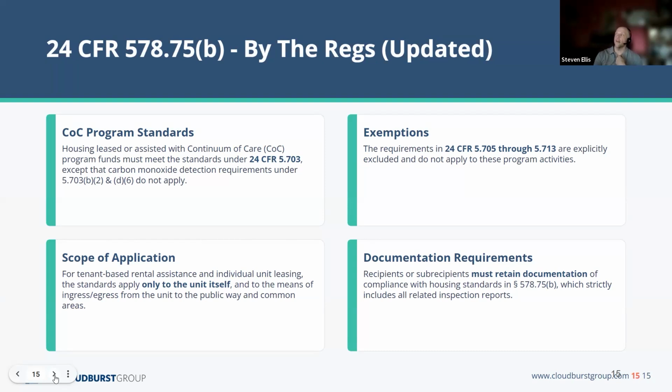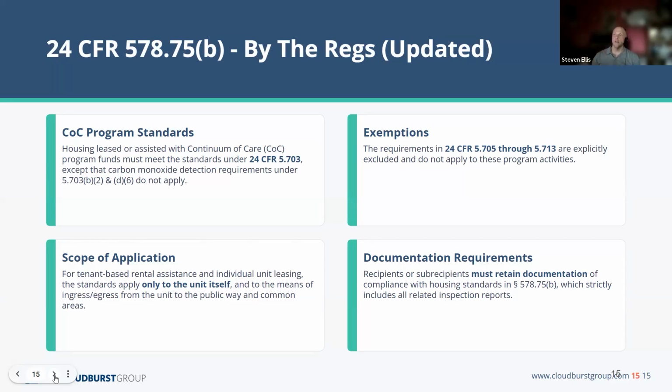The COC updated regs also talk about exemptions, in that if you were to look through the Inspire regs at 5.703 through 713, once again, Inspire applies to a whole bunch of programs. So 705 through 713 don't apply. What I'll highlight for you all, if you have learned about this or are thinking about learning about this, is where programs sometimes get in trouble. They'll think Inspire means that you can inspect a unit and then you have to put a score on that. That score will result in a 2 or 3 year time period for when you inspect. That will never apply to COC. Once again, you will continue to do annual inspections.